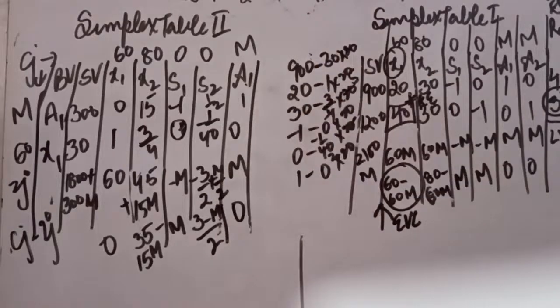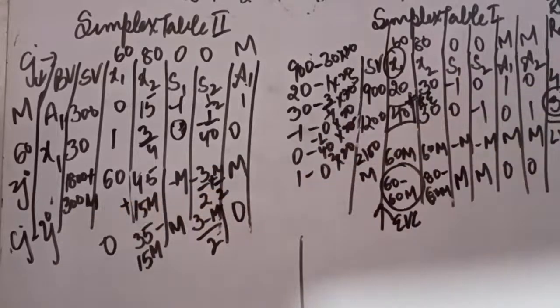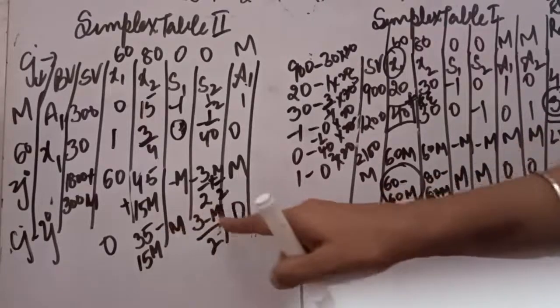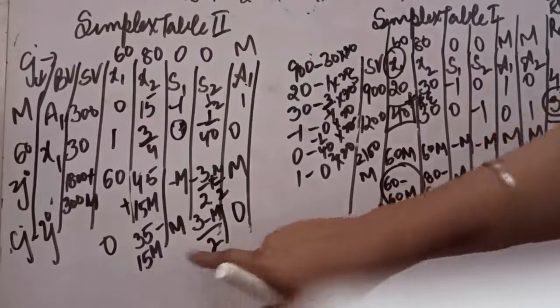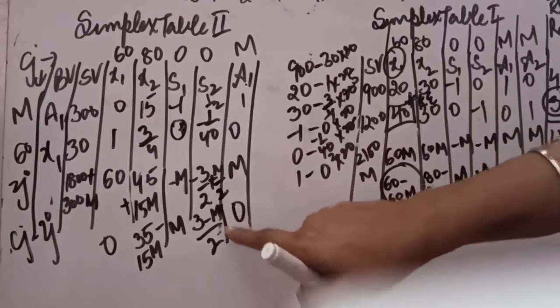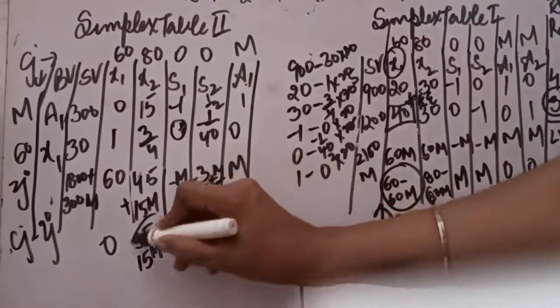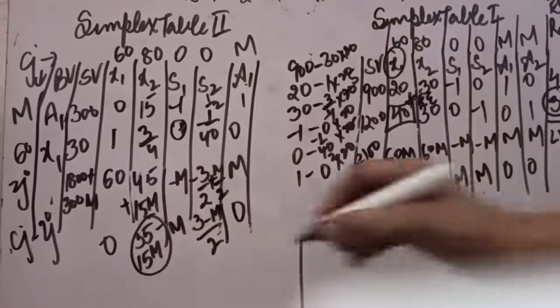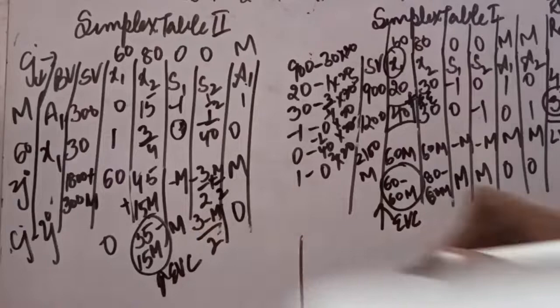So here also you have to check the Cj minus Zj row in each and every table. If all the values of Cj minus Zj become zeros and positive, your answer will come. But you can see here still some values are negative. So when the values are negative, we match their corresponding values. So 15m and minus m upon 2. What is the minimum value? Of course it is the negative. So this will become our minimum value. 15m, this is minus m. So this will become our entering variable column.